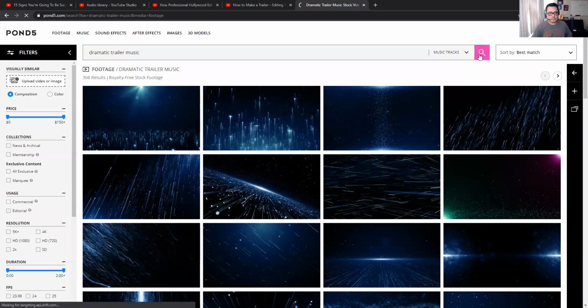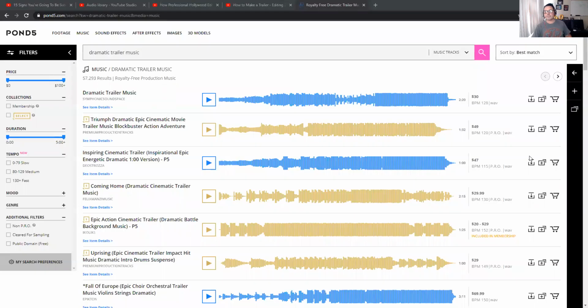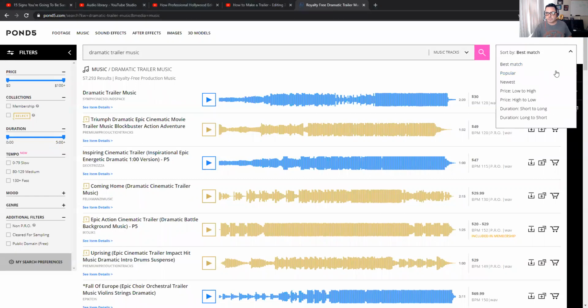Okay, I guess I had to hit the little magnifying glass. So then all of a sudden this comes up. Let me make sure that I'm showing you the right screen. Okay, good. So I'm sharing stock music. Awesome. So this is Pond 5, and you can bring up the results based upon the best match according to your search query,